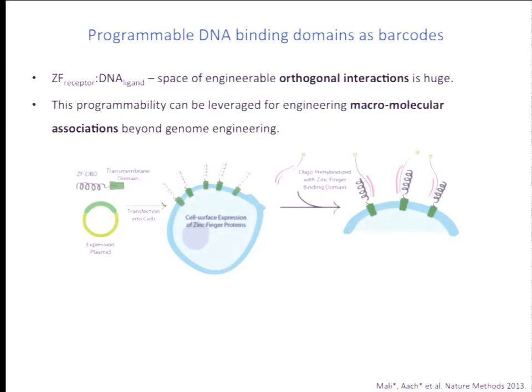In particular, the idea here was, can we actually take programmable DNA binding proteins, for instance here the zinc finger protein, and instead of using it in the context of the nucleus, can one actually express it on the cell surface? And if one can express a zinc finger protein on the cell surface, then one can expose the cells to an appropriate double-stranded DNA molecule that is the ligand for this particular zinc finger protein and use it for labeling purposes. So how does the system work in a live cell setting?